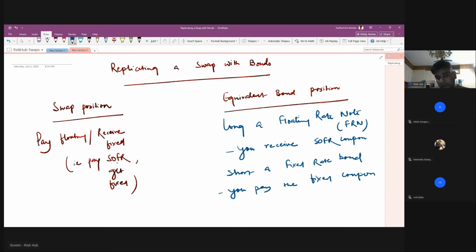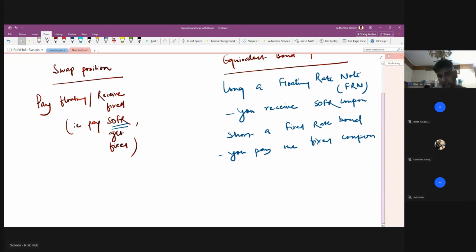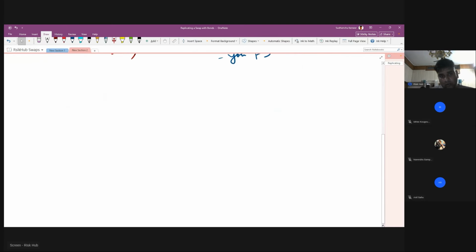In the swap, you are paying floating and receiving fixed. So you are long a floating rate note and short a fixed rate bond, right? Now, when you go long the FRN, listen to me carefully. When you are going long FRN,